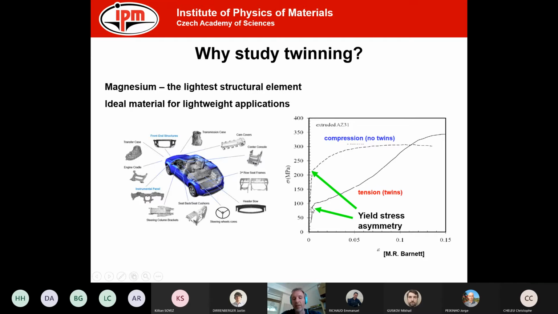You have much lower yield stress. It's called yield stress asymmetry, and it can cause a huge problem, for example, for metal sheet forming. So that's why it is important to find the way how to control twinning in materials, especially here in magnesium